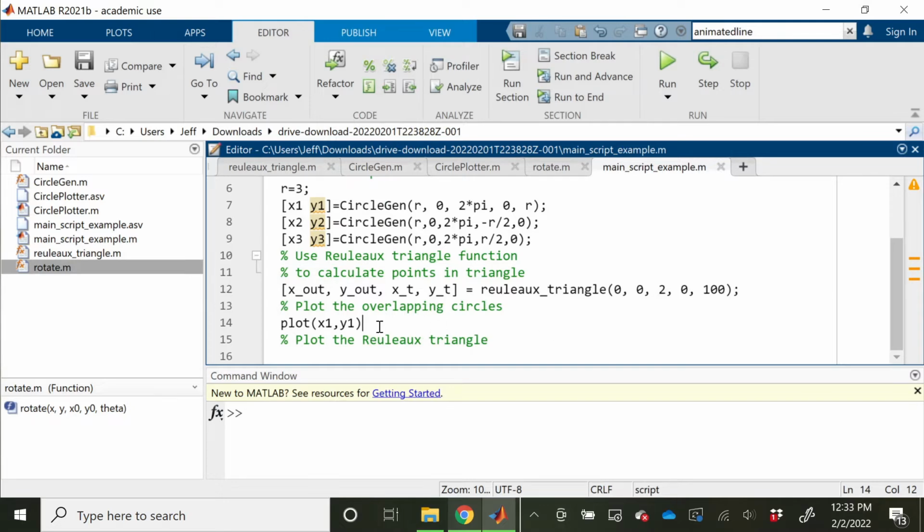All right, so what you end up doing in this script is we're going to call the plot function multiple times with the hold on. We'll show you the results of that in just a little bit here, but let's talk about how we use this Reuleaux triangle function. We didn't create this one. This is a function that we were able to download from the MATLAB Central. MATLAB Central is just like a repository of user-created code where you can find people's interesting projects that they're proud of, they can upload to MATLAB Central,